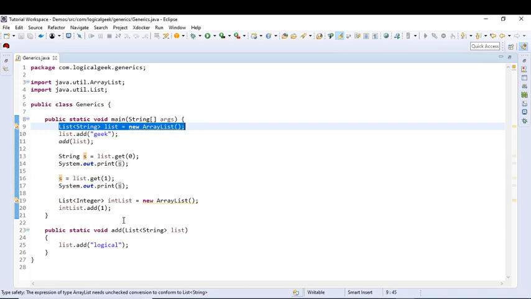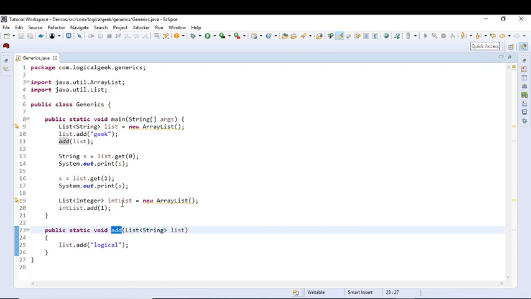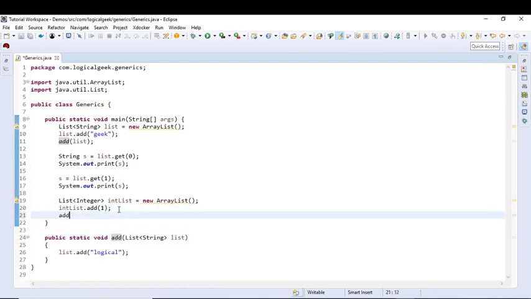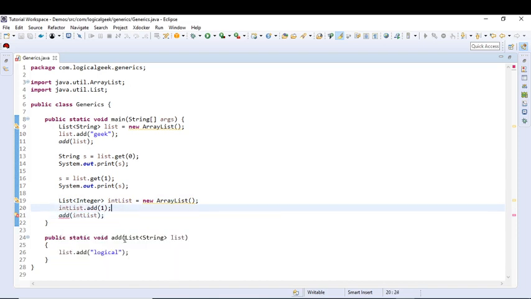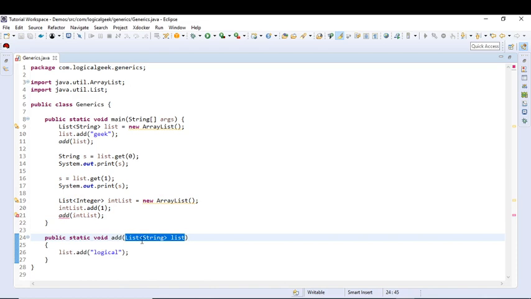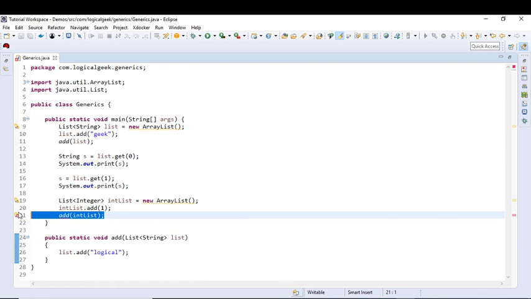Now suppose we try to call the add method with our integer collection, then what will happen? So this obviously gives us a compilation error because it only accepts a string collection and we are passing an integer one. So let's remove this.